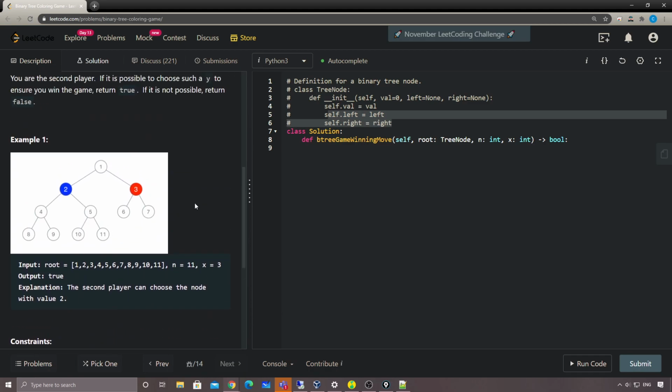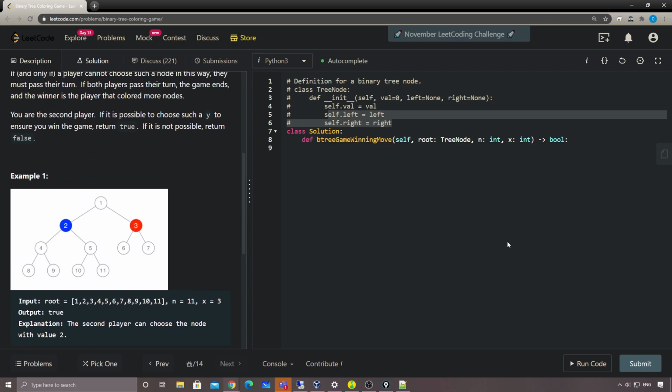Now the question is, how can we check if we as the second player can win the game? To do that, we have to analyze what our best strategy is to color the next nodes. If you think about it,